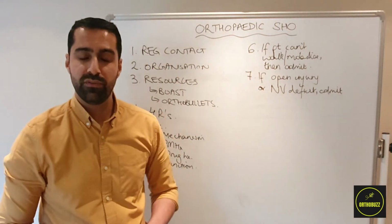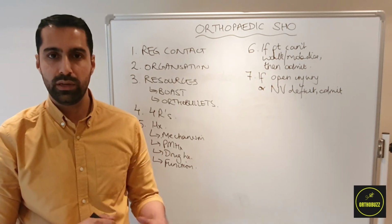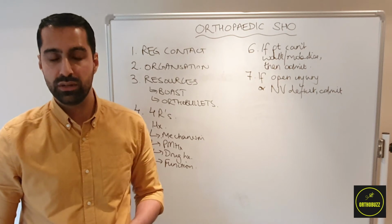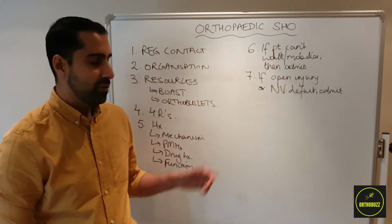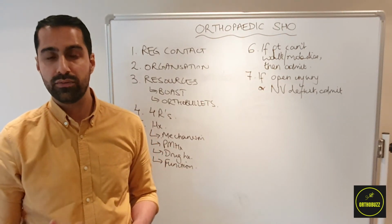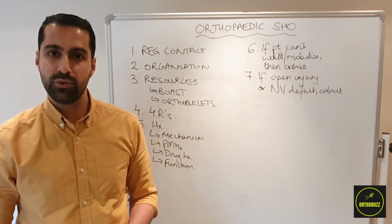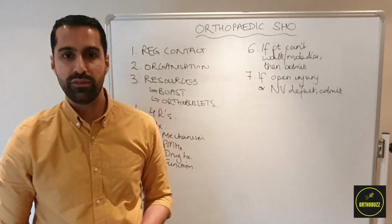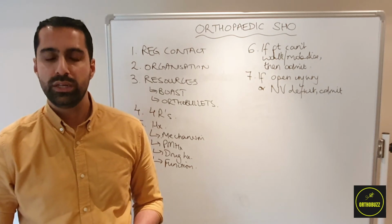It's often anxiety provoking as a SHO knowing which patients can be admitted and which can be discharged safely. You should discuss this with your registrar before discharging any patients until comfortable to do so. However, some key rules are if the patient has an open injury, and that means if they have a wound overlying a fracture, this patient needs to be admitted due to the risk of infection and therefore they need expedient treatment. Patients who have any neurovascular deficit in their affected limb also need to be admitted as a rule of